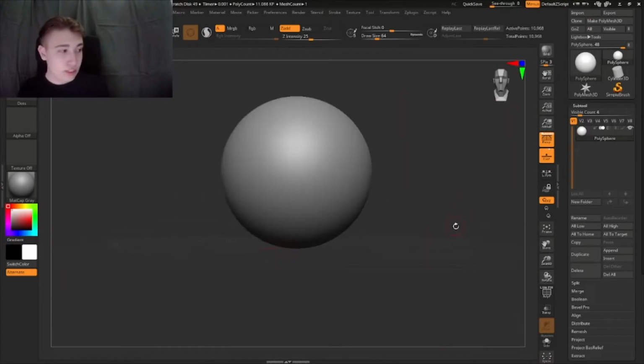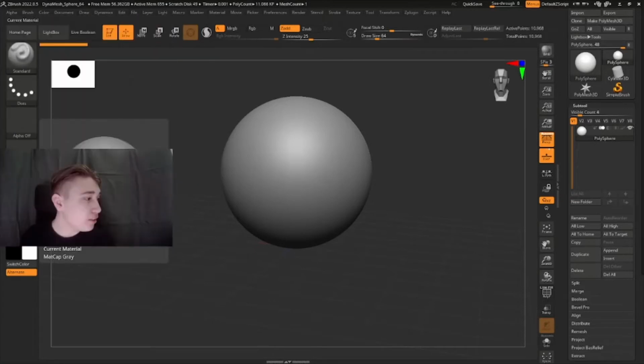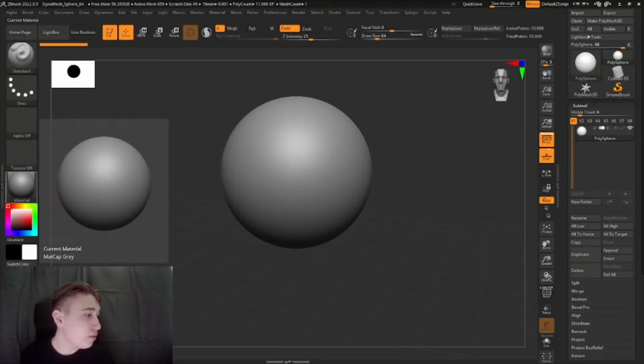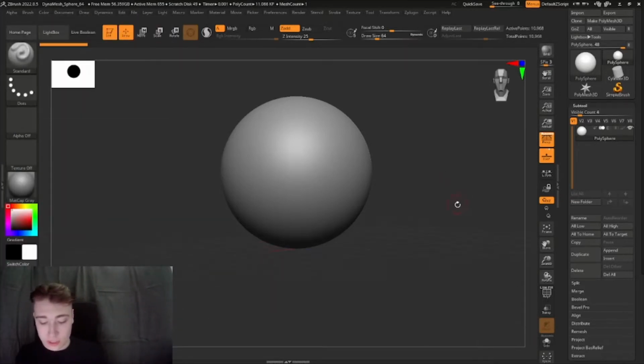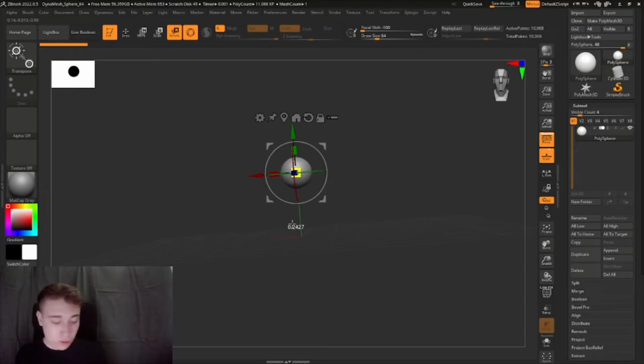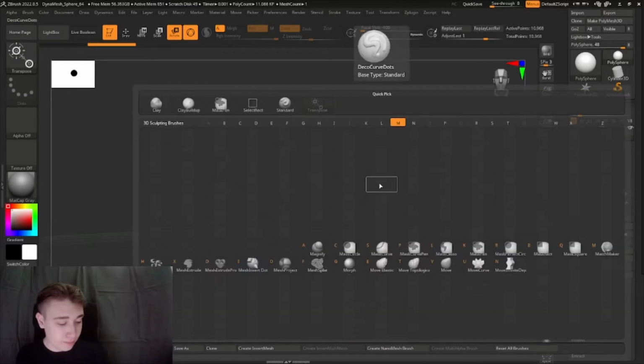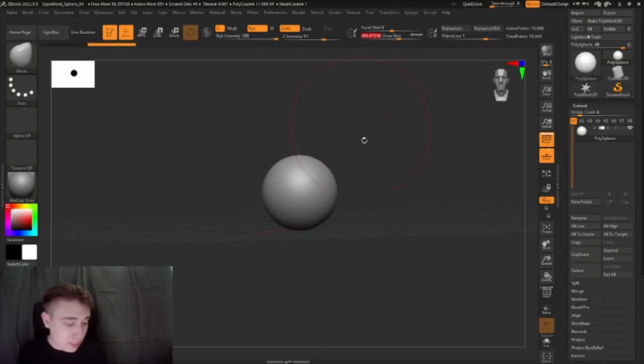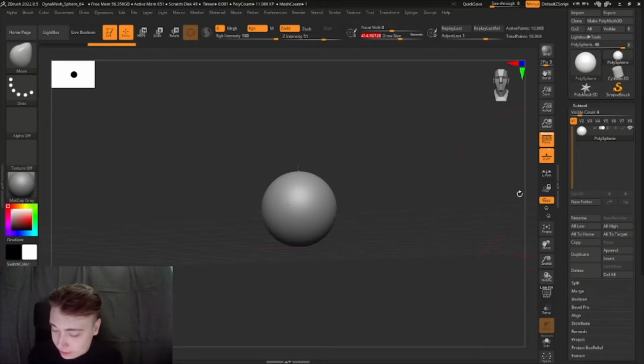Alright, so we start with a sphere, right? I'm just gonna pull myself down. Something like this. We start with a sphere. So we're just gonna scale it down with R or W. You can use whatever. Scale it down, and then use the move brush, B M V. And for this video, I'm not gonna have all of these nice shortcuts on the screen as I had